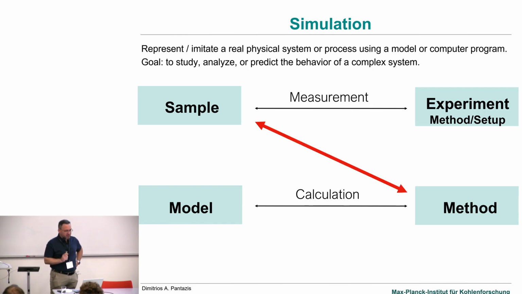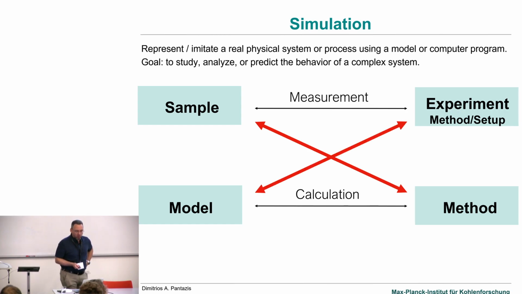But it's really important to understand that we cannot use any computational method on the sample. So we will never know what any method would give if we had an exact representation of the sample, because we can never have an exact representation of the sample. And at the same time, we can never really know what the experiment would give for our model. And the reason is that there will always be possibly unknown differences between an experimental sample and our computational model,